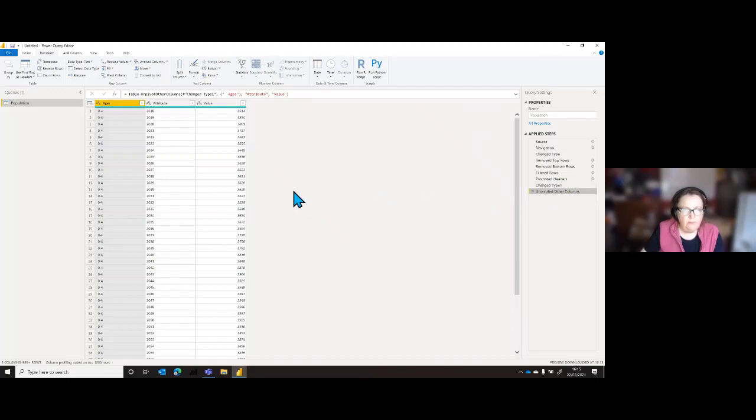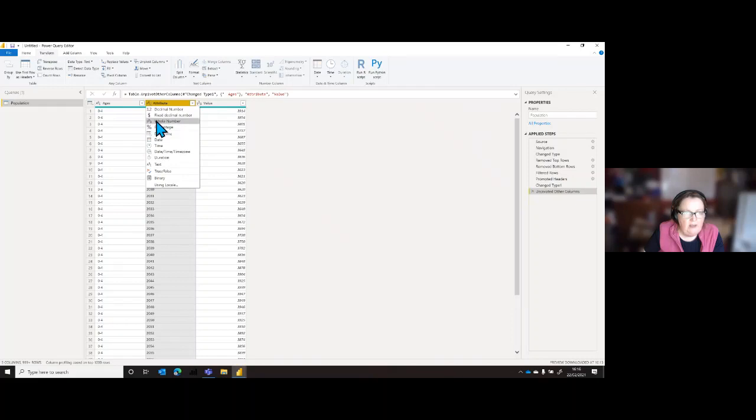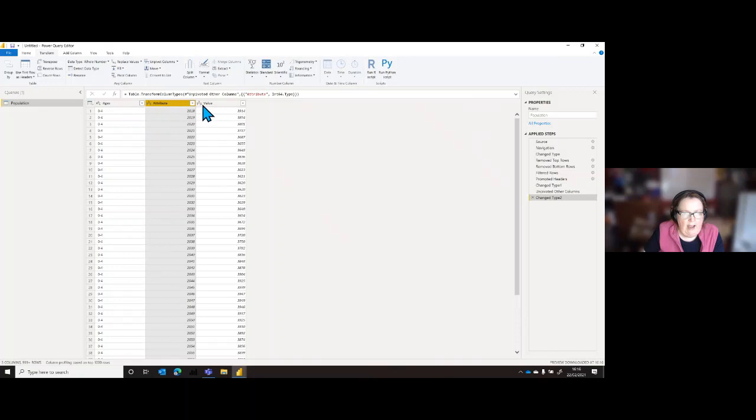So let's just have a quick look at a few things here. ABC, so I'm looking at data types and column names. Let's start with data types. ABC for this one's fine because that 0 to 4 is text. This year, 2018, I don't want that to be text. I want that to be a number. So in the top left-hand corner here, there's an ABC. I can click on there and I can say it's a whole number. The year is going to be a whole number. And the population is also a whole number.